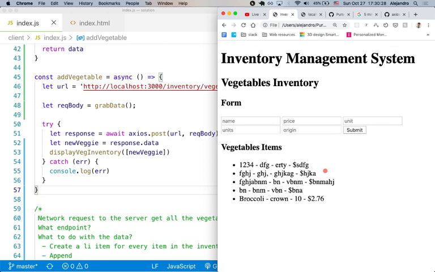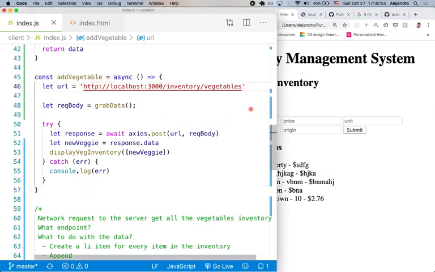How should we handle the updating? Michael, do you want to use the same form? Let's use the same form. In that case, it would be added to the vegetable. What would we need to add? The add vegetable function, I see. We have to check if the name already exists within